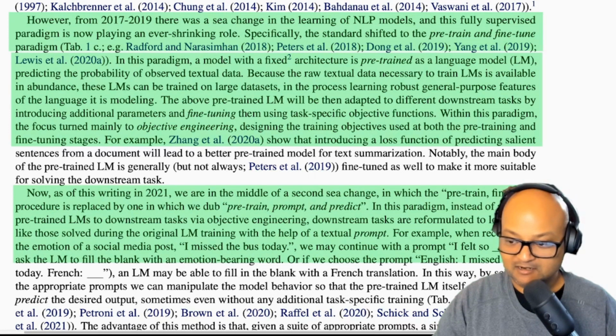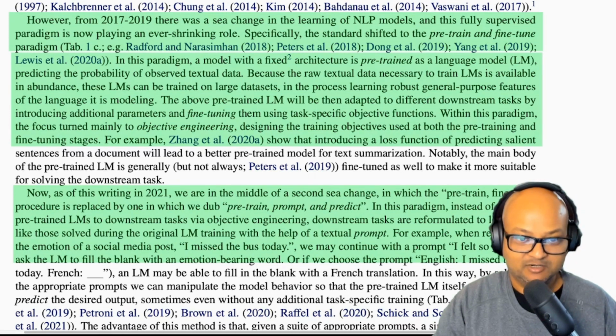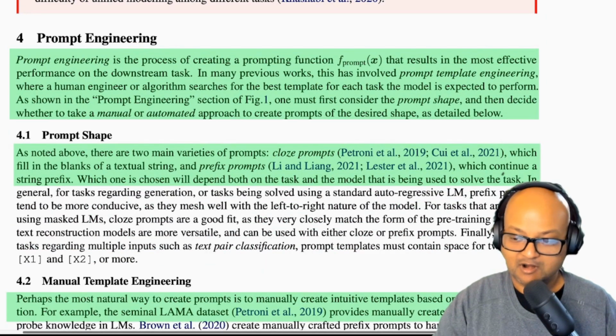These models are so large that, unlike the previous paradigm in machine learning, where a model was trained for a specific task, say summarization, they can perform a wide variety of tasks and are not specialized to one or a few. To do a specific task, they need a prompt. The prompt narrows down this humongous model to a specific task. It dictates the quality of the prediction. Accomplishing a task with these large language models boils down to crafting the right prompt. That's what prompt engineering is all about.